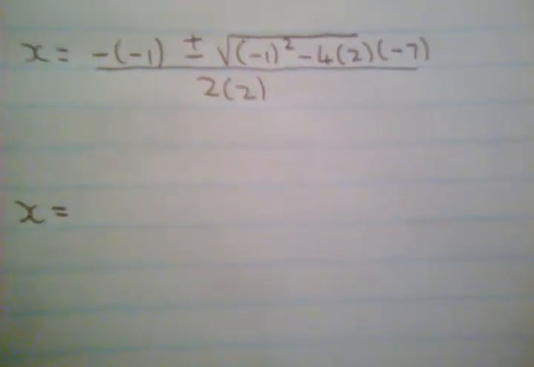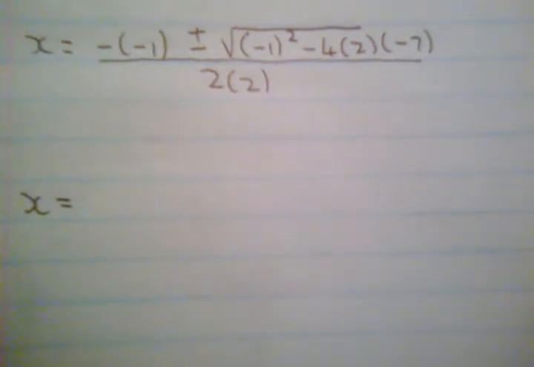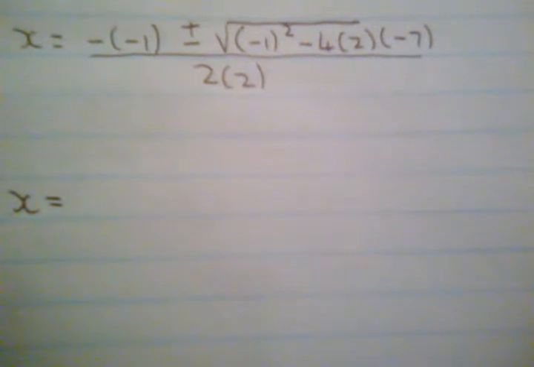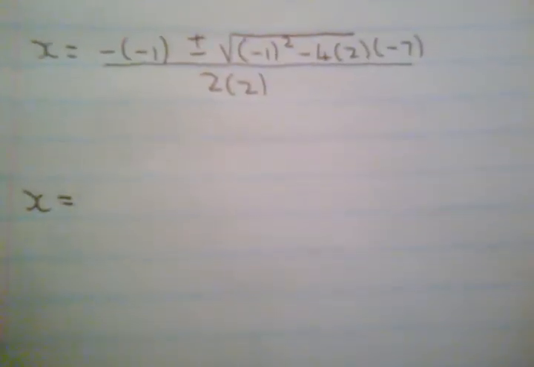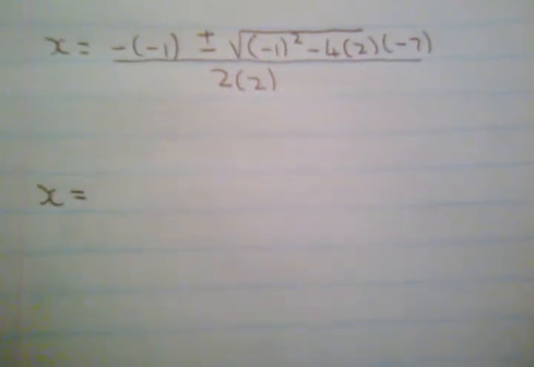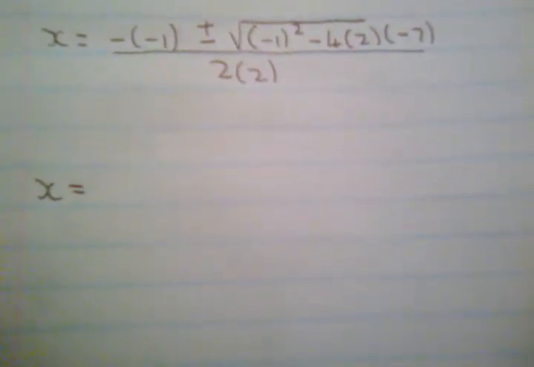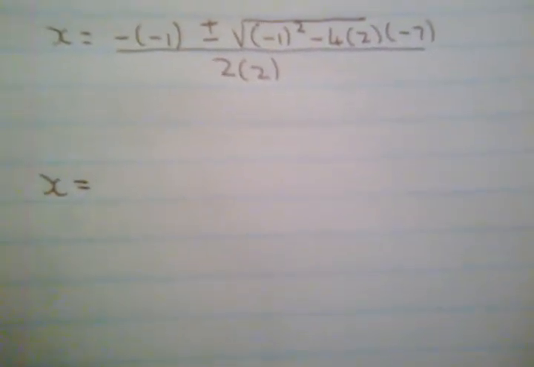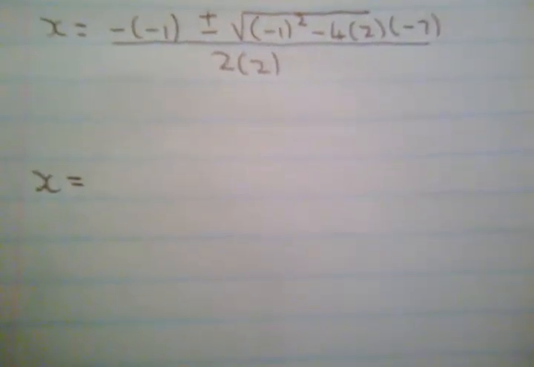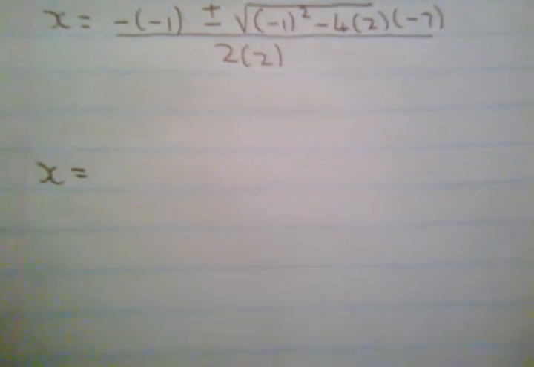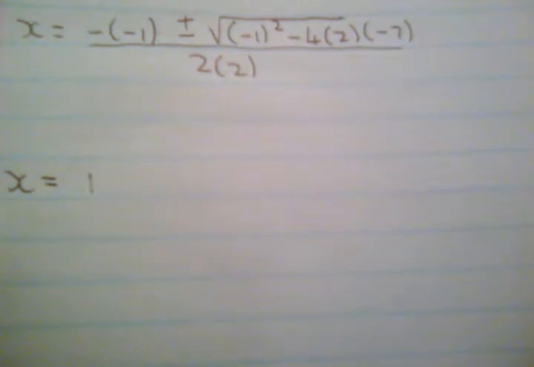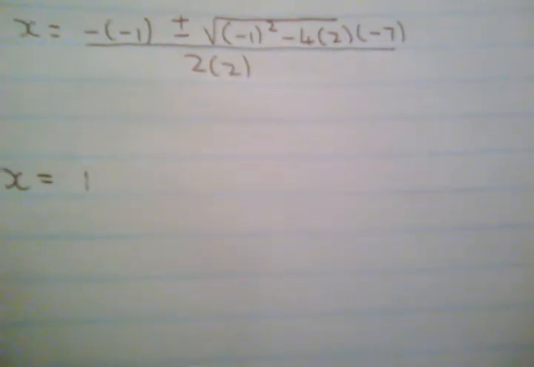x is equal to negative 1 plus or minus the square root of negative 1 squared minus 4 times 2 times negative 7 all over 4. Now the next step will involve simplifying the equation, which means that we're going to break it down until we get our final answer. So let's start. Negative times negative is positive, so in the beginning we'll have a positive 1. Then it will be plus or minus the square root of